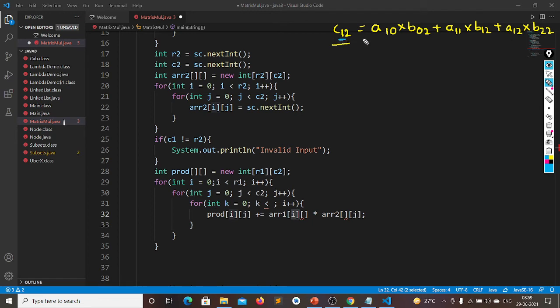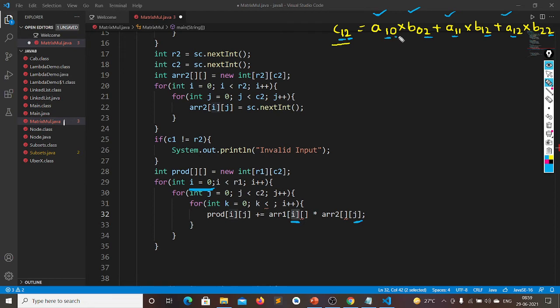Here 1 is nothing but i. Here i is this one. So product of ij is equal to array 1 of i. i is common here. See, here 1, here 1, here 1 for the first array, so array 1 of i is common. And for the second one, this j is common. See, 2, 2, 2. So that's the reason I wrote j.